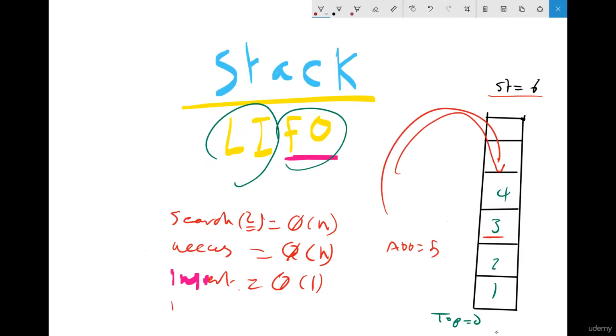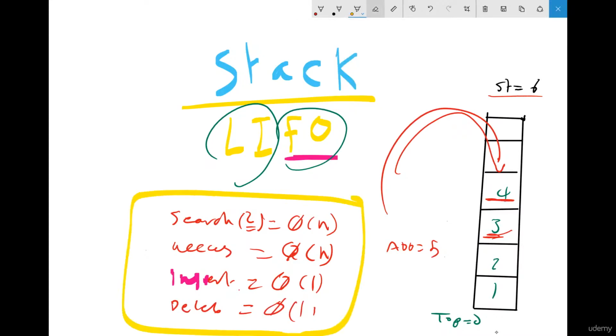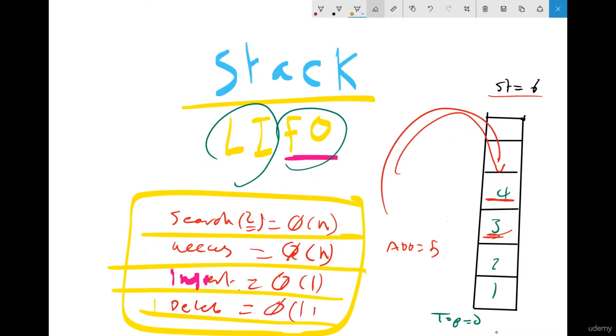Delete is the same thing. When you delete, you can only delete the last element. So when you delete this one, then this one, it takes O of 1. So yes, this is the big O notation for a stack. See search, access, insert, delete, see how the stack is working. So now next, when you see